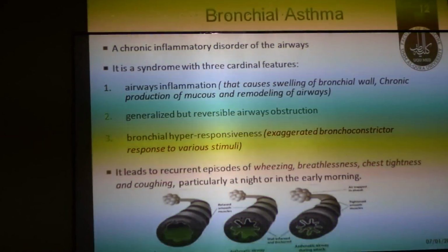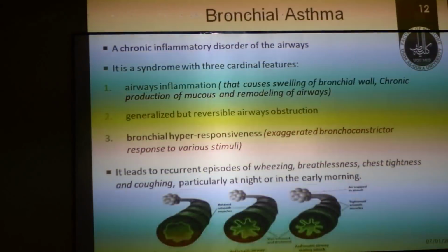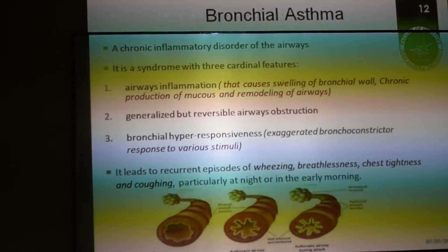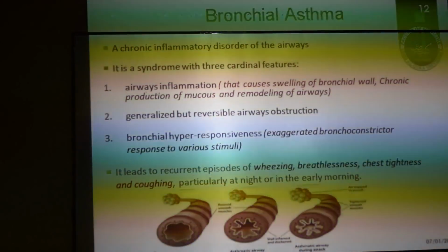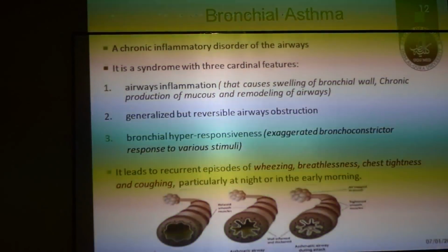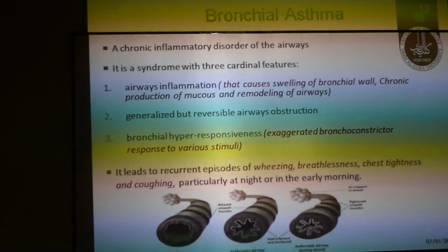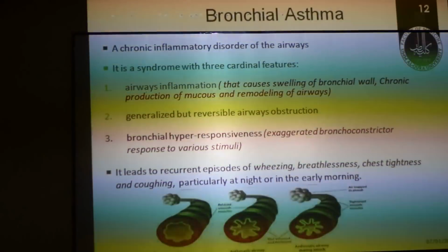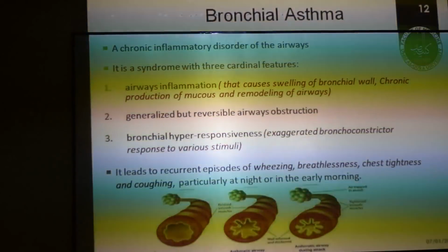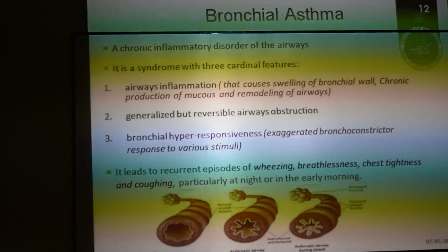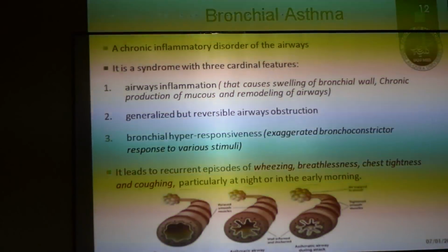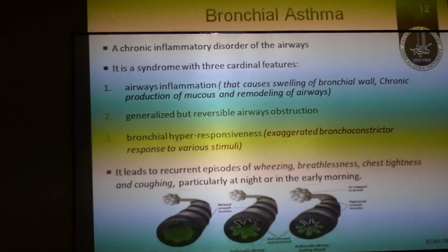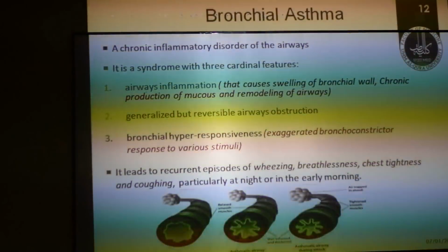And of course, when it is a generalized constriction or narrowing, so before we go further, when it says generalized narrowing of the airway, what does it mean? The word, when I say generalized narrowing of the airways. Obstruction. There will be obstruction, but what does generalized mean? Bronchi, bronchioles, terminal bronchioles, and